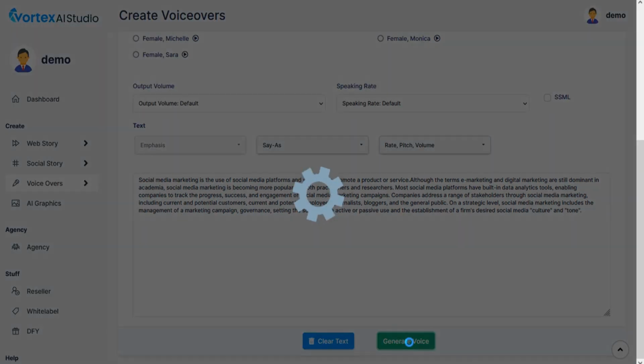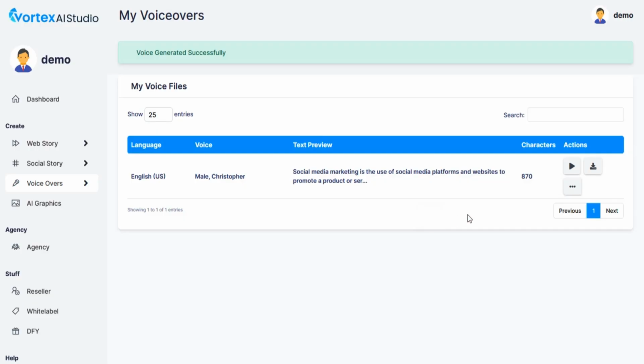Click on Generate Voice. After generating the voiceover you are redirected on Voice-over Listing page, where you can play your